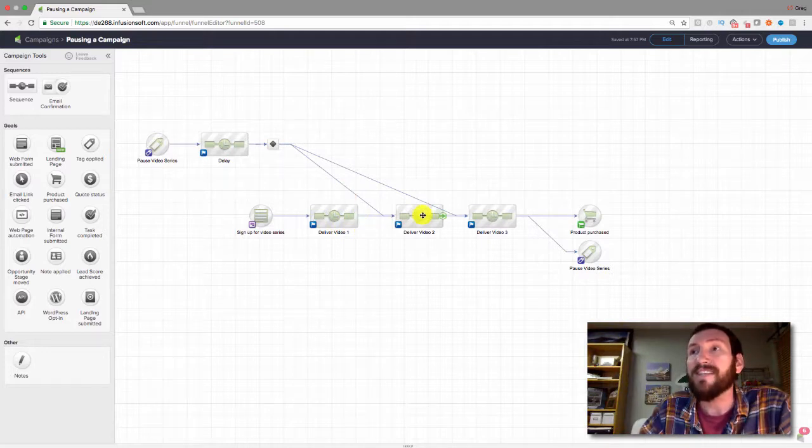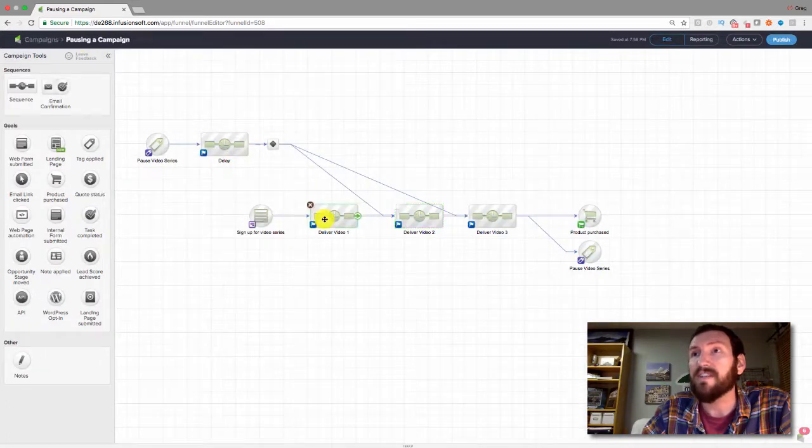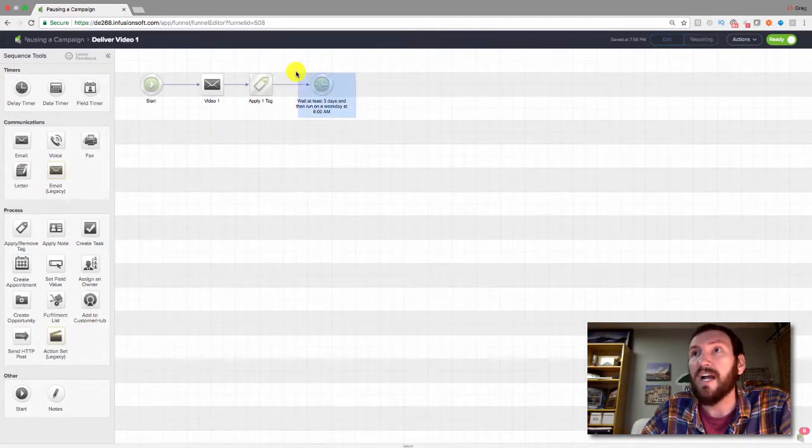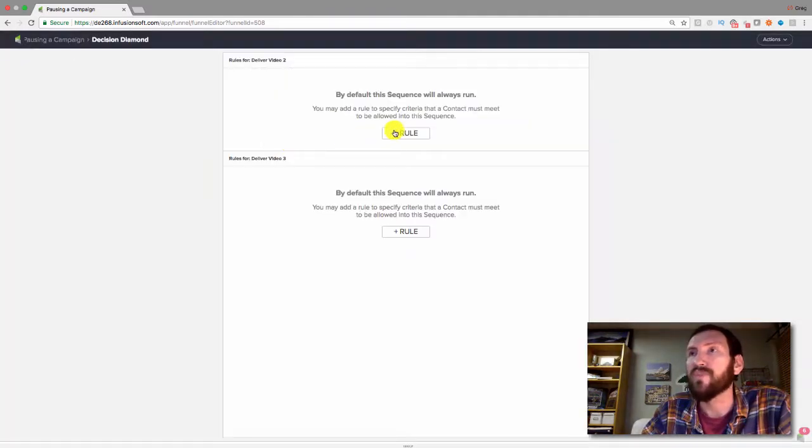For this second one, the logic would be if they have sent video 1 but don't have sent video 2. If they received this first email and then were stuck on this timer, that means they have the first tag but not the second. And the same logic for this next line, which would be have the second tag, but don't have the third. Okay, so let's set those rules up here.